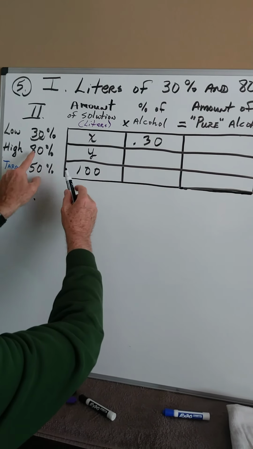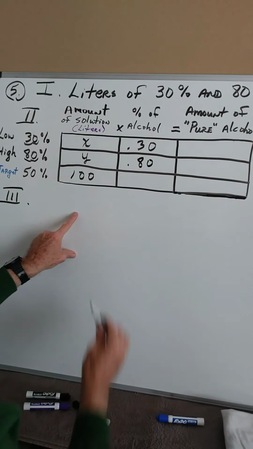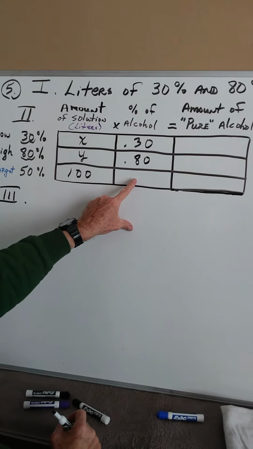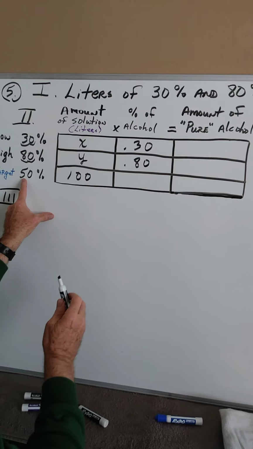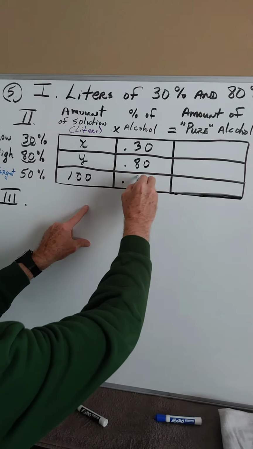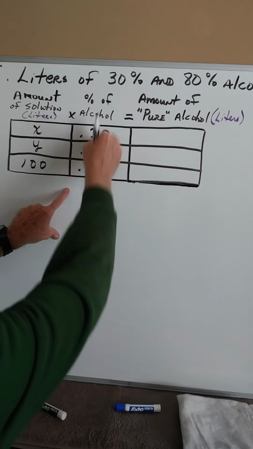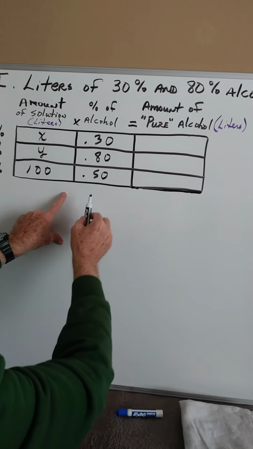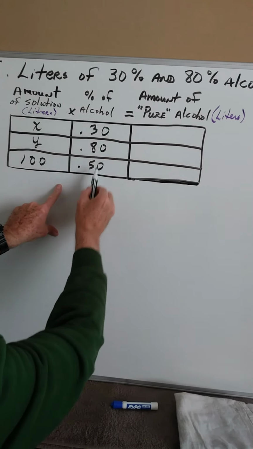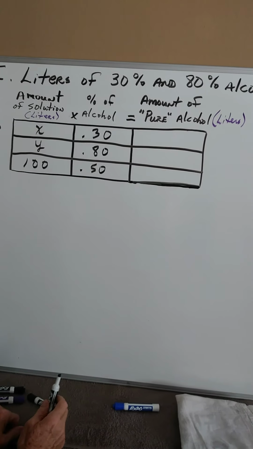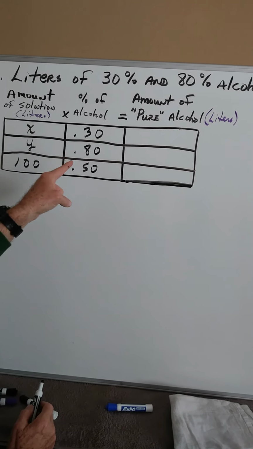We need to express that 80% as a decimal, twice to the left. And then what he wants at the end is a 50% alcohol solution. Move it twice to the left. Now people, on this one right here, those percents have been expressed as decimals. If you choose, you can get rid of those zeros there and just write 0.3, 0.8, and 0.5. But I'm going to let it just stay that way